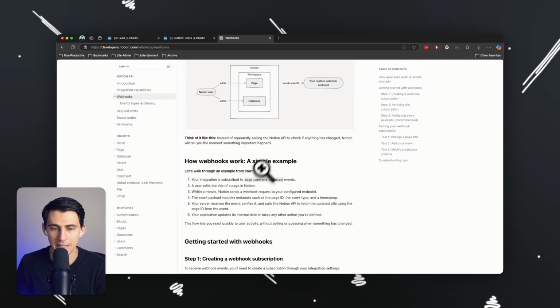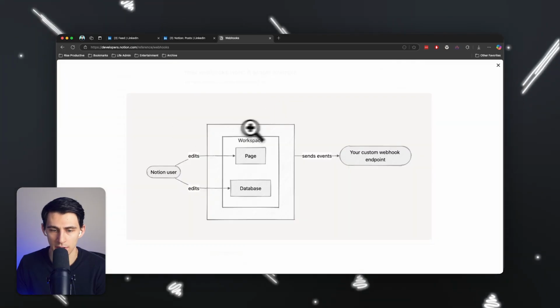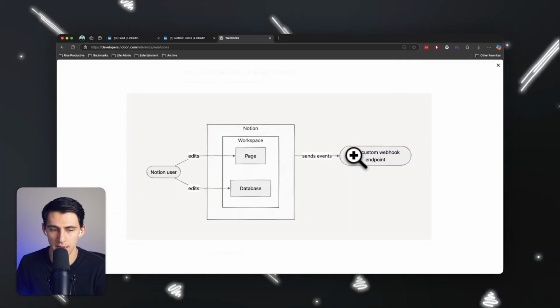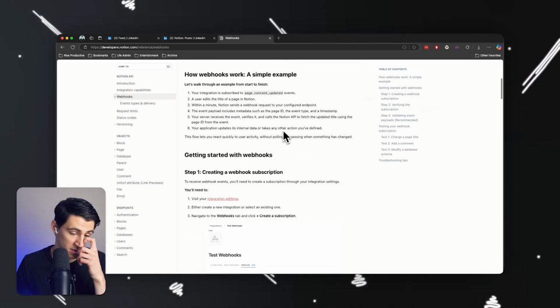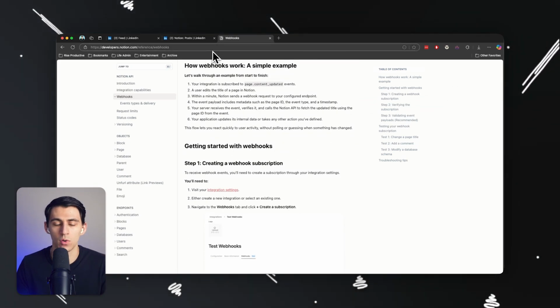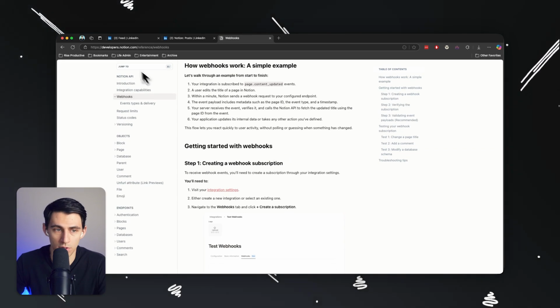So how can we get things started? Obviously, this is a good diagram to show how it works. When somebody edits a page or database, it's going to send this event out. I'm really appreciative that they did this because, by the way, it's crazy how much work it takes. So if you go to